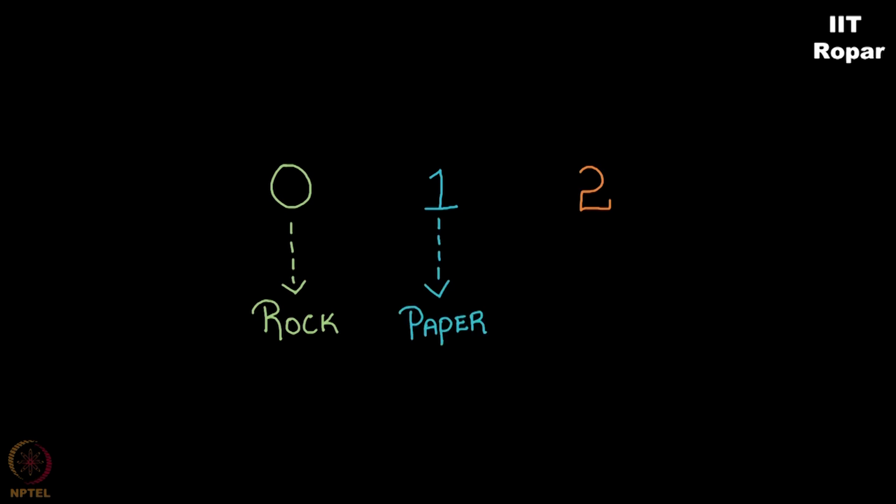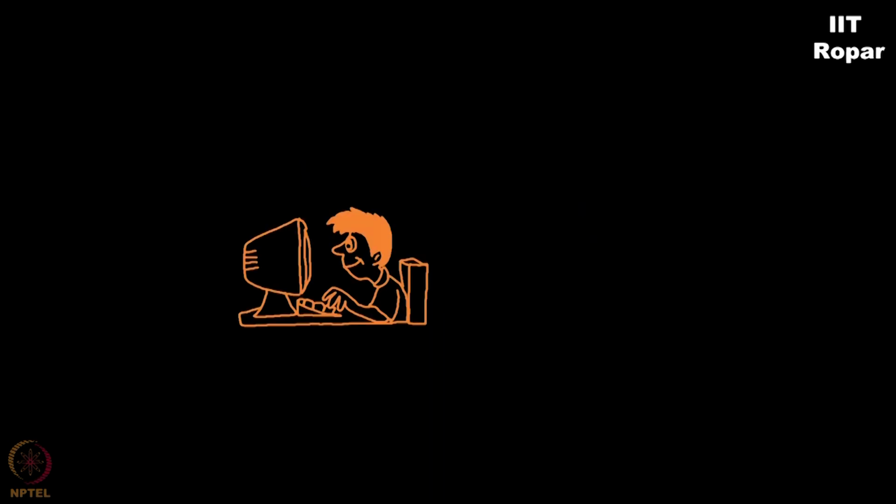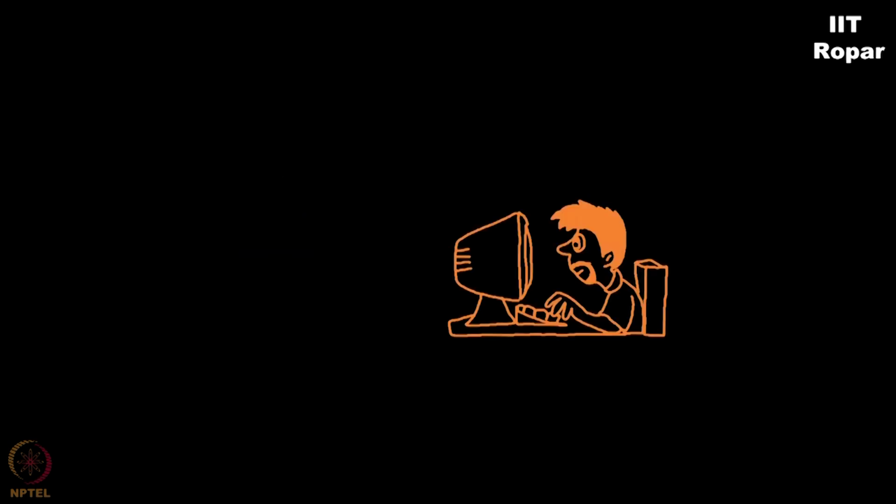The first player is asked to enter one of the three numbers 0, 1 or 2, where 0 stands for rock, 1 stands for paper, 2 stands for scissors. So firstly, the son comes and enters a number and then goes away from the place. The screen is cleared. And then comes dad and he enters his choice of the number 0, 1, 2 based on what is the item that he has chosen.